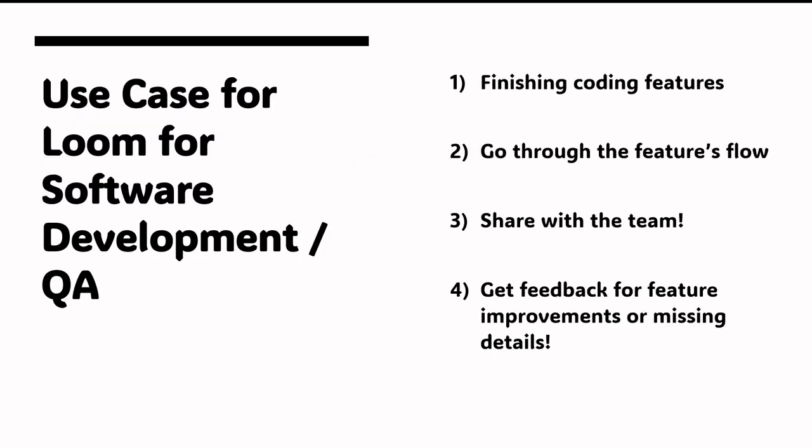So in software development, if you're a software company, you're going to finish coding a feature, you go through the feature's flow and you share with the team, and then you get feedback on that feature before we hit production. That's one example where a QA person might find a bug, they record themselves explaining how they triggered the bug so it's easier to reproduce, and then share that with the team, and that has the information for the developer